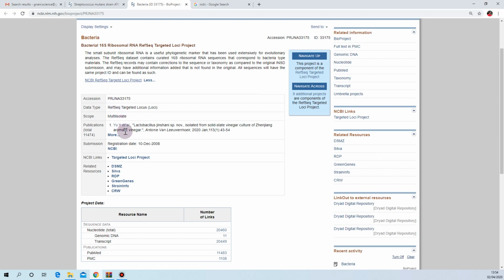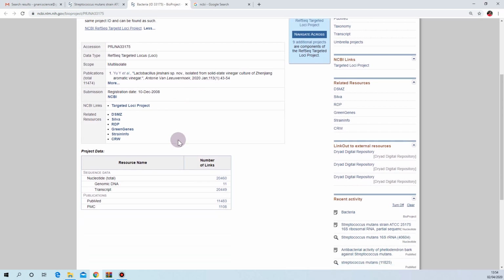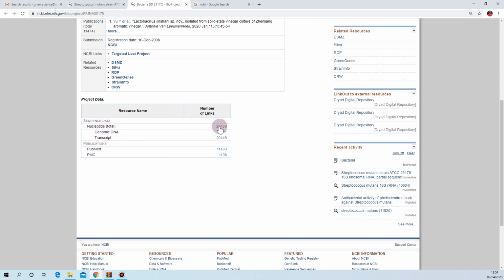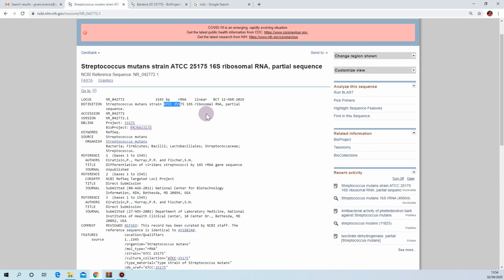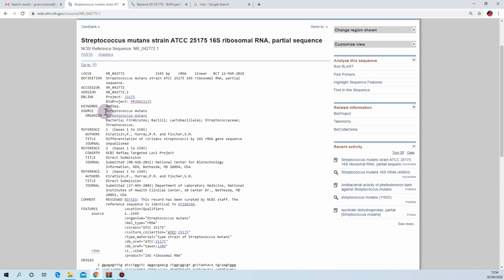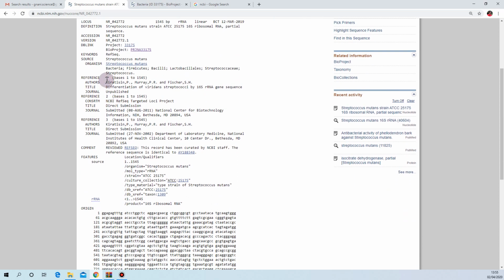And this is the project details in which they have used it, and you can see how many nucleotides, the genomic DNA, transcripts, PubMed articles, and PMC, PubMed Central articles, which we are having. So these are the details of that, and you can see that its source is from Streptococcus mutans and its entire lineage, so kingdom to species level, genus level. So bacteria, Firmicutes, Bacilli, Lactobacillales, order, family, and genus Streptococcus, and the reference base and who are the authors for this,